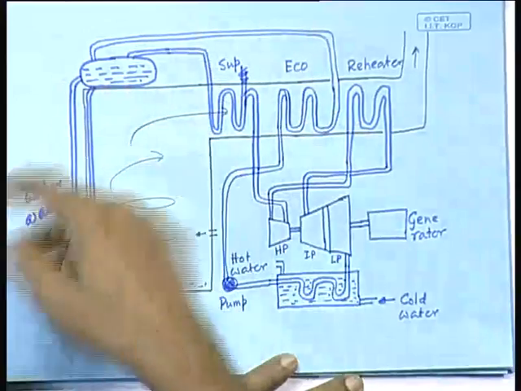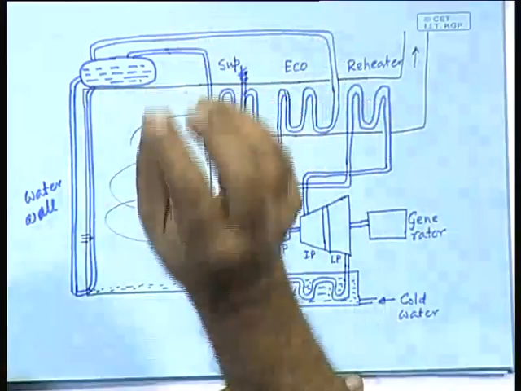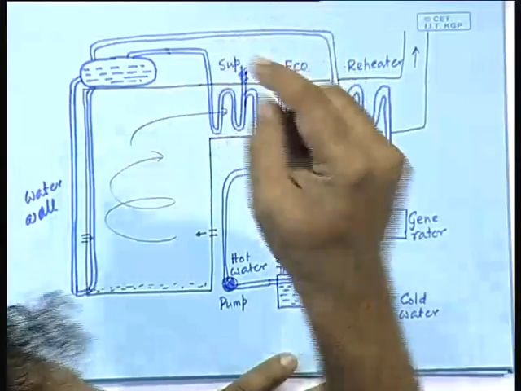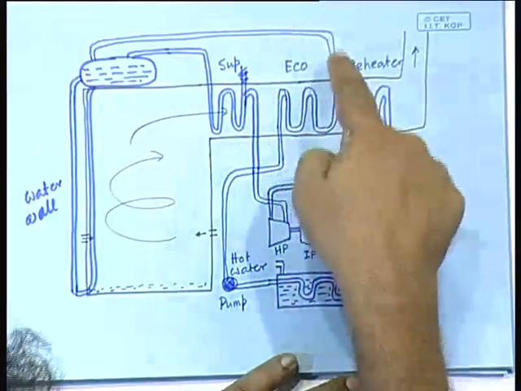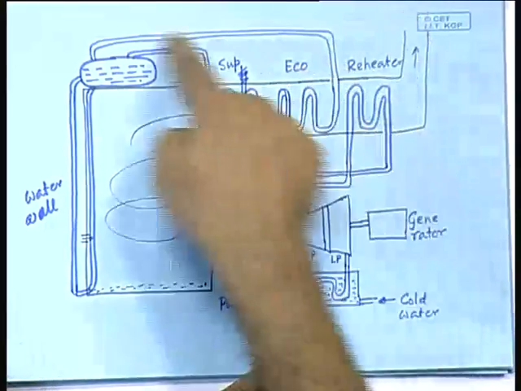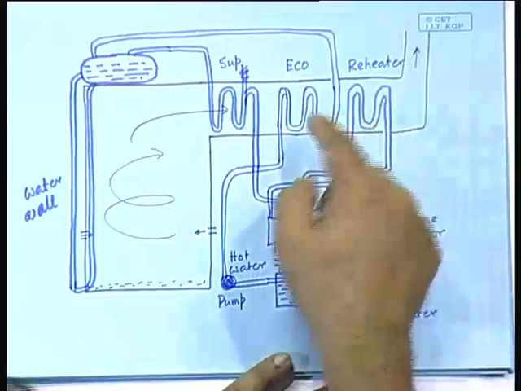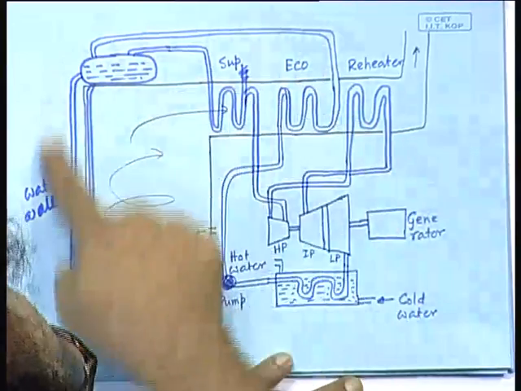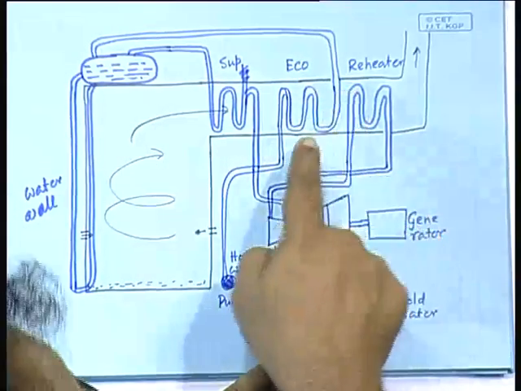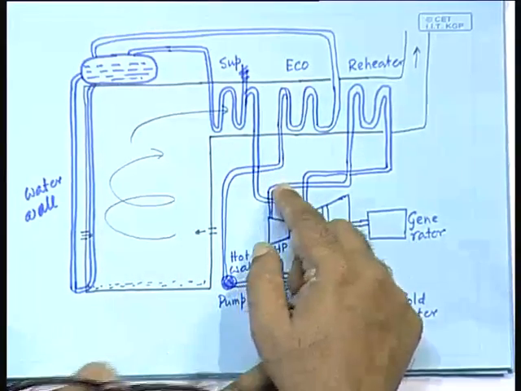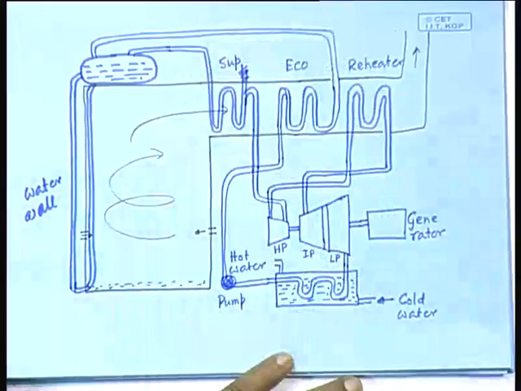There is a pump that circulates, as a result of which there is some amount of power input into the pump, all right, but what is being pumped is essentially water. So, that is not all that expensive in terms of energy. But what happens is that the whole thing is made up of tubes only. The whole water circuit is made up of tubes and nothing else but tubes. As a result, you can have higher pressure.